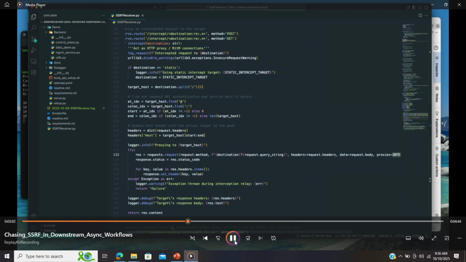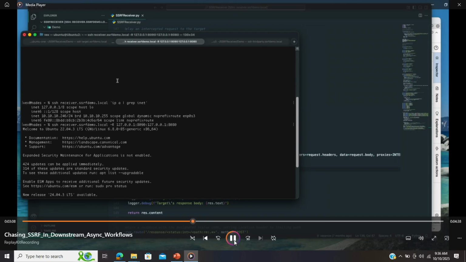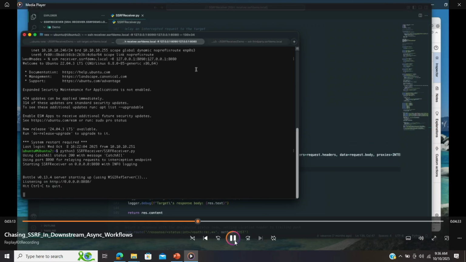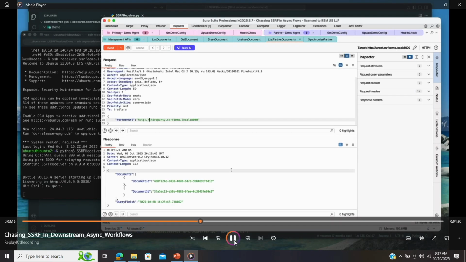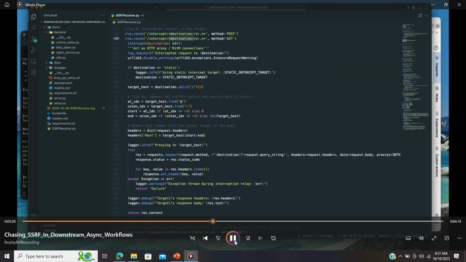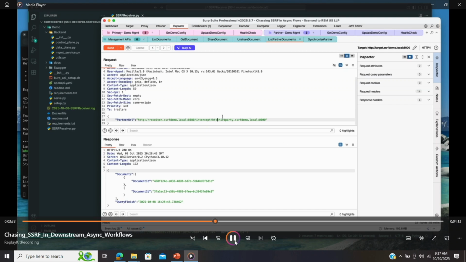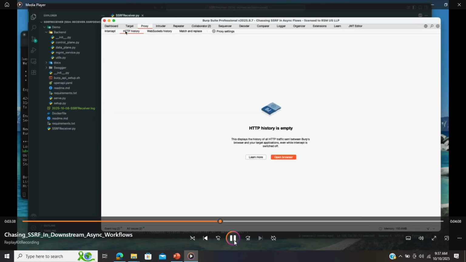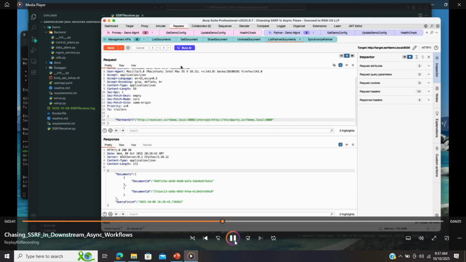This just shows that intercept proxies is that way to get back to Burp Suite for the tool. So this is our receiver host, and essentially when we send our next request, we should see an interaction with the receiver, and then we should also see both the request and response pass through Burp Suite as well. The payload structure using the tool is just leading with your receiver fully qualified domain. Then you'll do /intercept, and then you'll put the full URL that you want to forward off to, including the scheme and everything. And when we send this off,